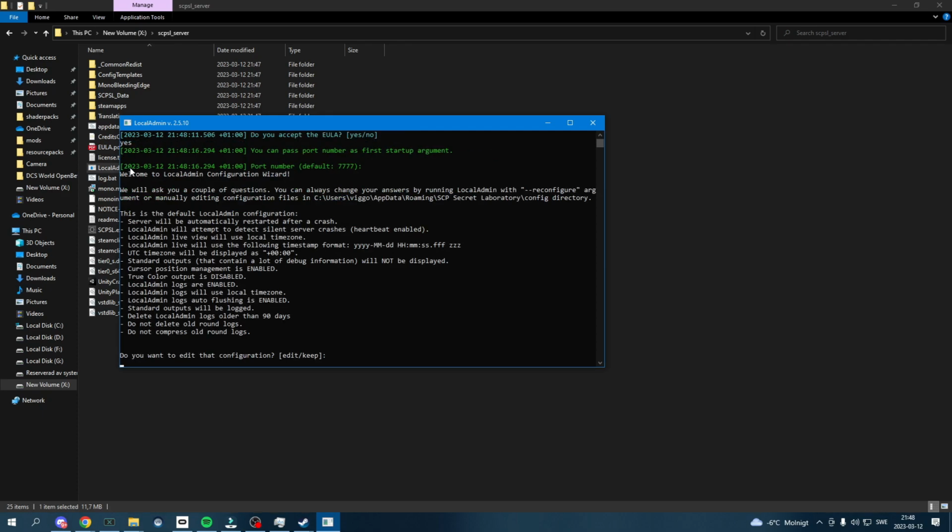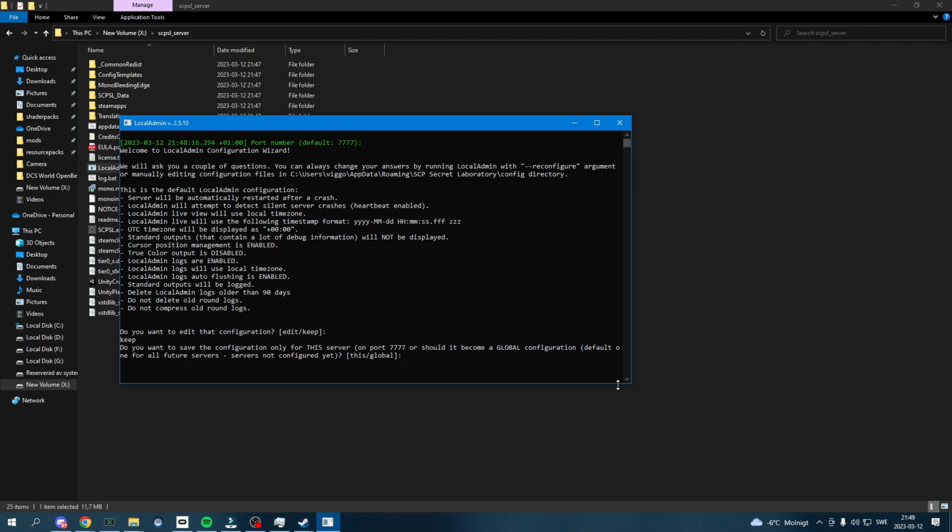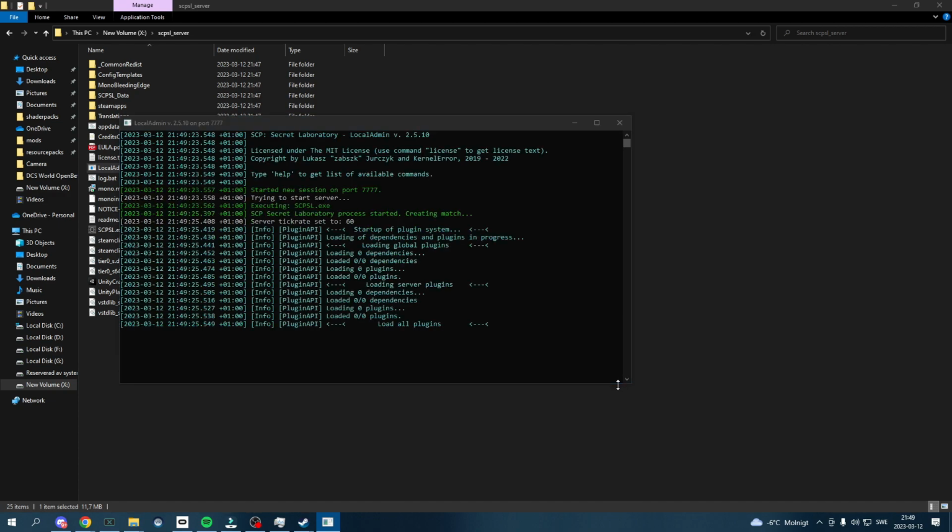Then you are going to have to review this. Most of these you shouldn't really touch. They're pretty fine on their own. So if you want to edit them, you can type edit, but I'm going to keep. This is if you're planning to make several servers with the same config files or only this server. If you're only planning to do one server, type this. And if you're planning to do multiple servers, then to edit the configs, you're going to type global. I'm just going to type this. And now when it's running,